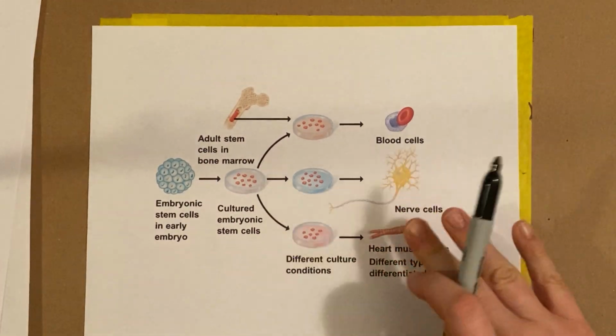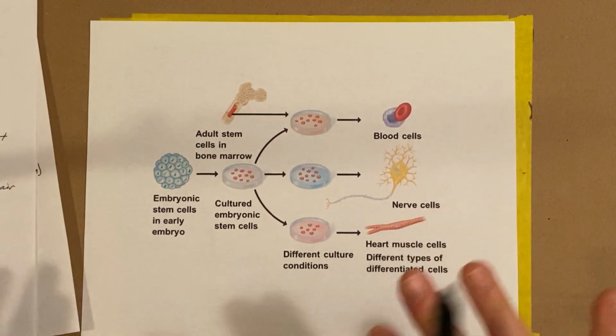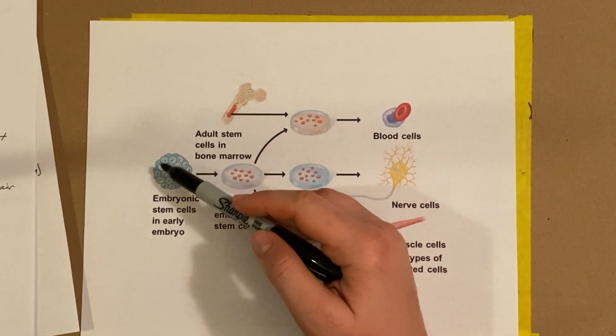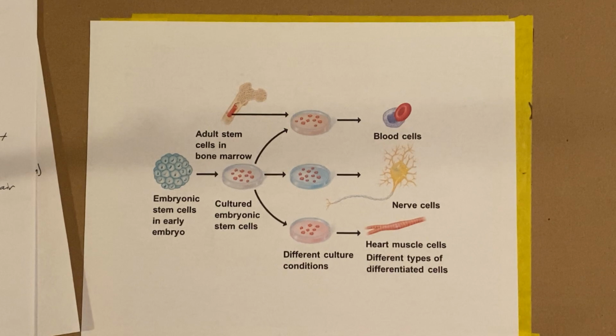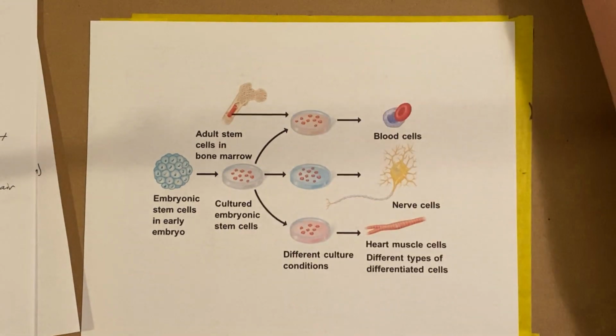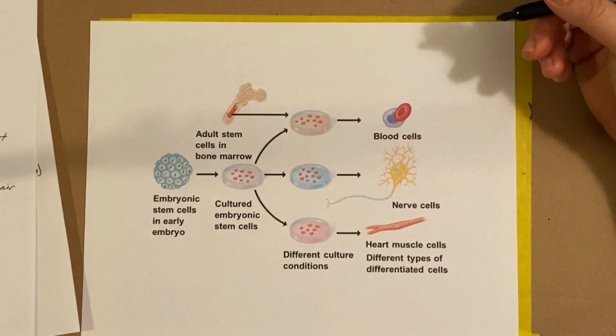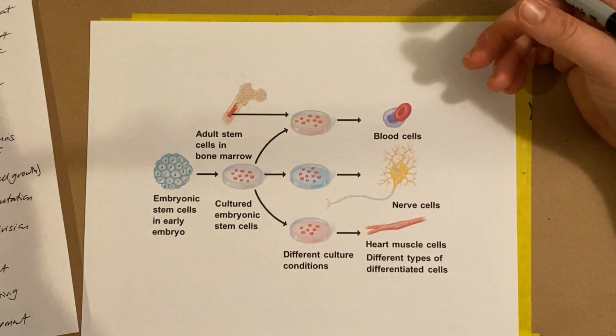So scientists are still trying to figure out if you can take an adult stem cell and turn it back into an embryonic stem cell, but it's extremely complicated and it just doesn't seem like you can reverse all the steps that happen during specialization. Okay,